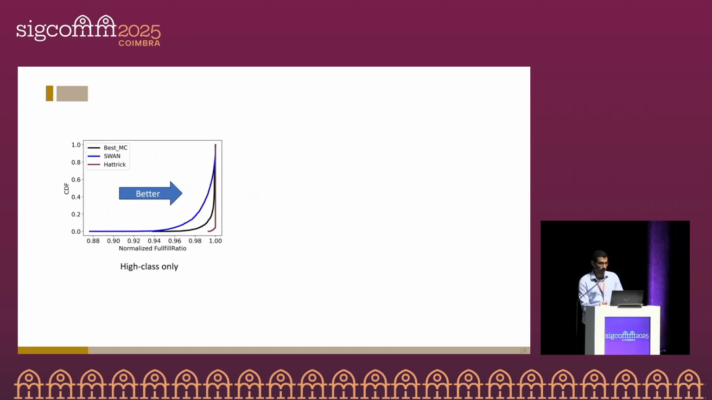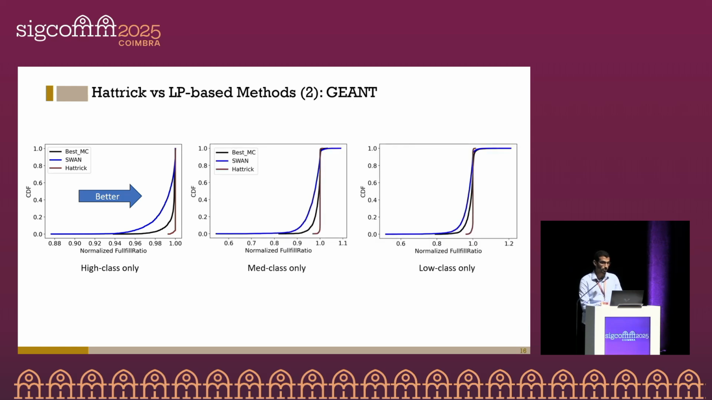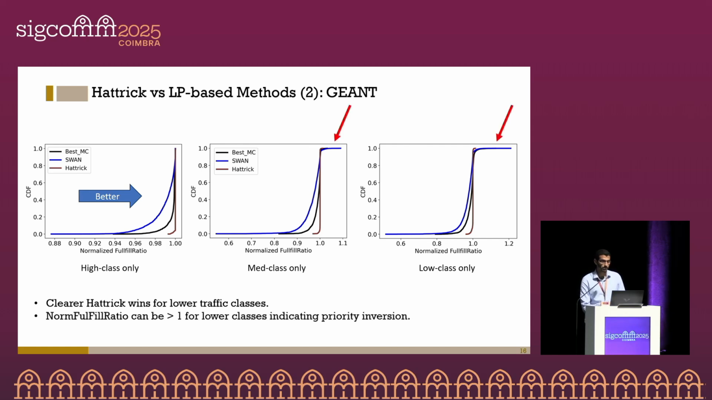Staying on the same comparison, but for lower classes, mid and low class, we see higher wins and clearer wins for Hattrick over BestMC and Swan. And also, as expected, normalized fulfillment ratio for lower classes can be and is greater than 1, which indicates a